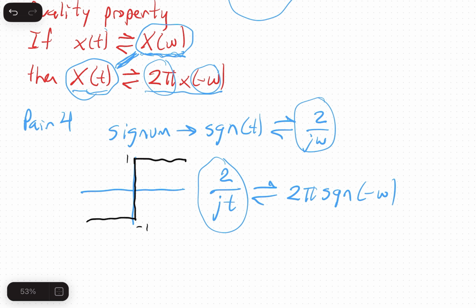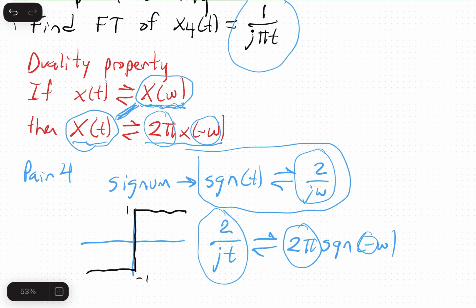So in that sense, if this is a pair, then the duality pair looks reversed, but it has two different elements, which are this 2 pi and this negative sign in here. Okay, so with that being said, it's just a matter of